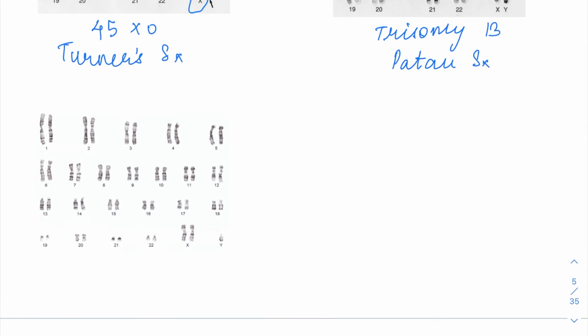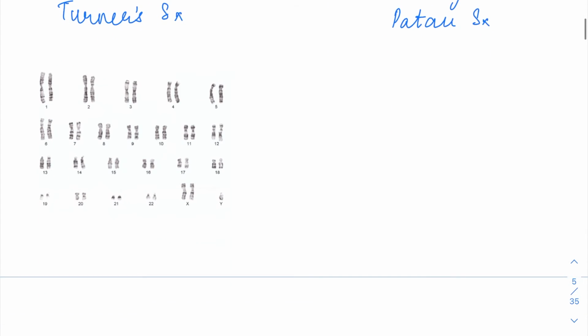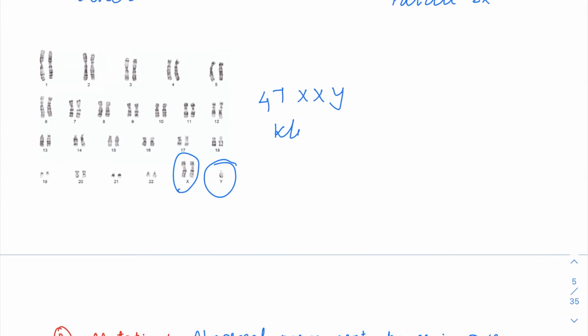Next one, you are having all the autosomal chromosomes normal. But at the X, you are having 2 X, and in Y, you are having 1 Y. So it has become XXY. So it is going to be 47XXY. 46 is already counted because of the entire set, and there is an extra X here, so it is going to be 47XXY and not 46XXY. Students tend to make mistakes here. So 47XXY is the